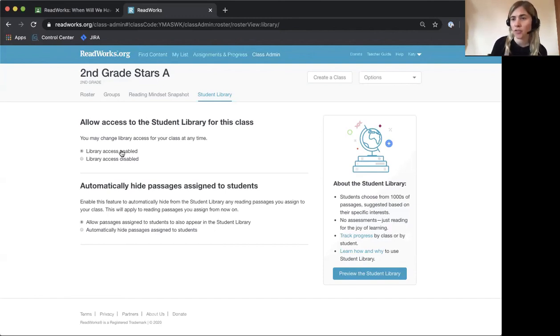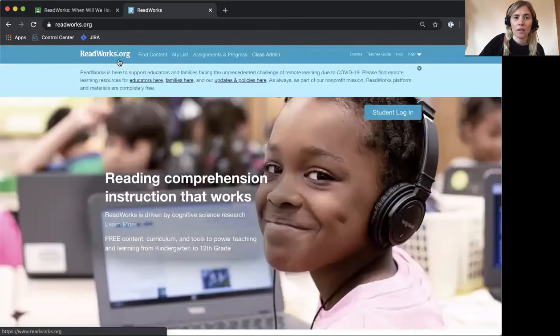There are also no question sets, there's no assessment. It's just a chance for them to do independent reading. This is different from all other ReadWorks assignments because it is not automatically published to Google Classroom. So what I need to do to share this with my students that are using Google Classroom is link them